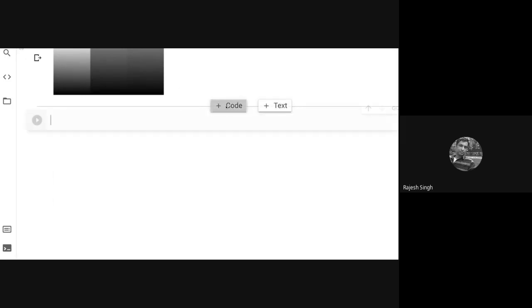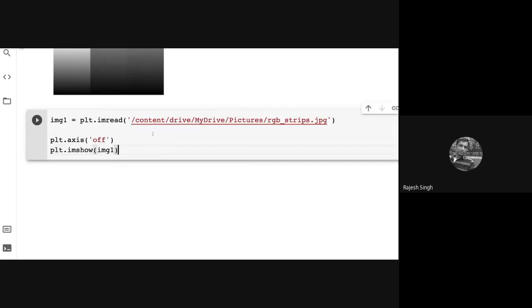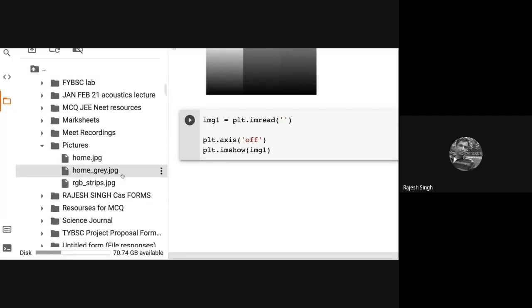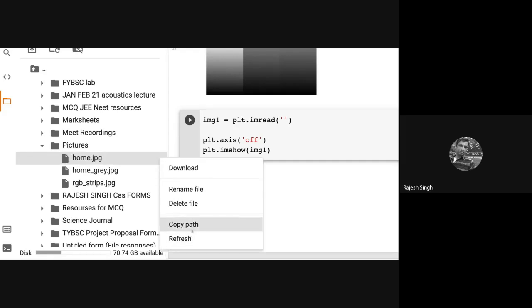So let me write here. All I'm doing is changing my image. Remove this, go to the drive, take another image, copy path.